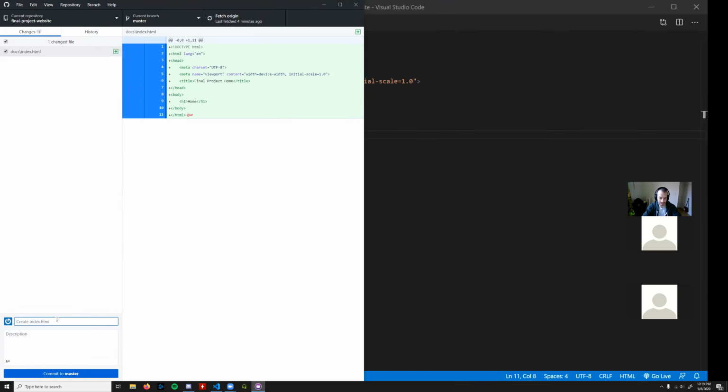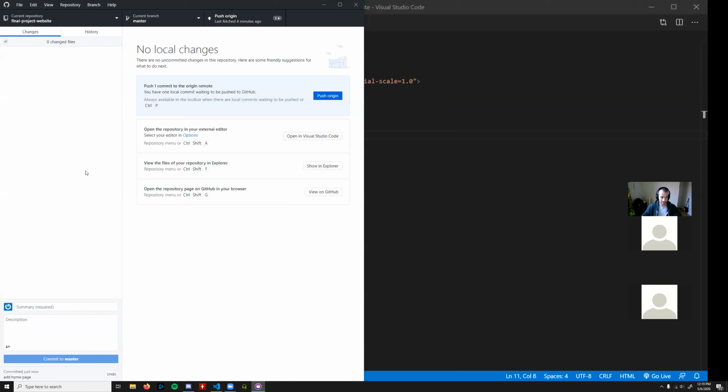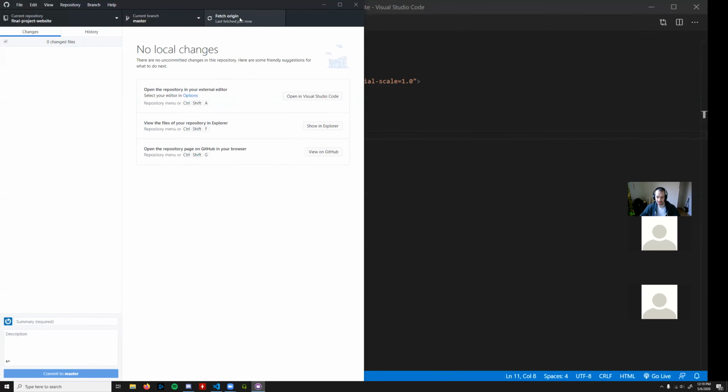And I'm just going to say add homepage, commit to master, and then I'll push that to the origin. Okay, so now the repository is real and it has some content inside of it, but now we want to